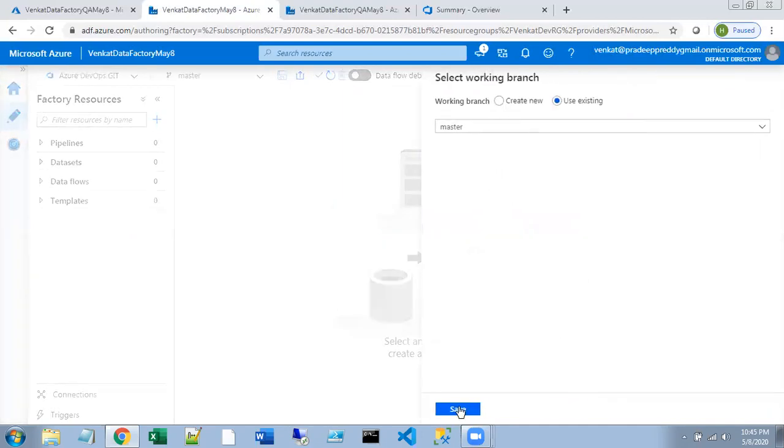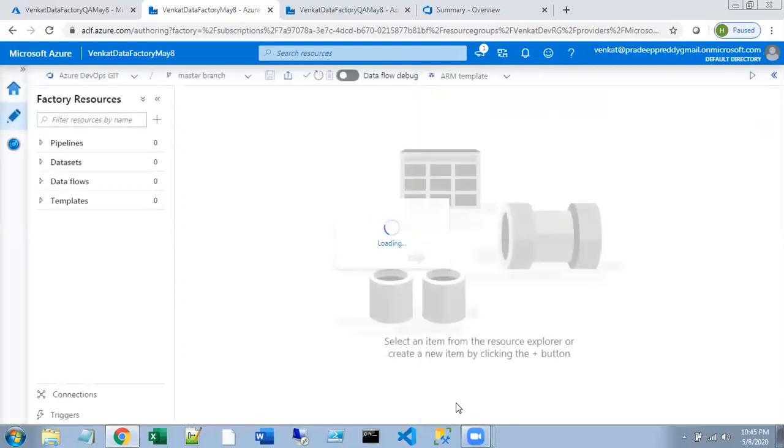The setup has been completed. Here it is asking whether you want to create a new branch to start your work, or use an existing branch. As I'm the only developer, I'll go with using the existing master branch. You save this.